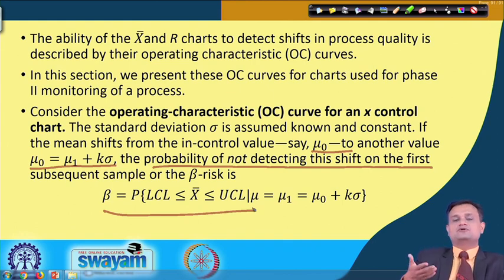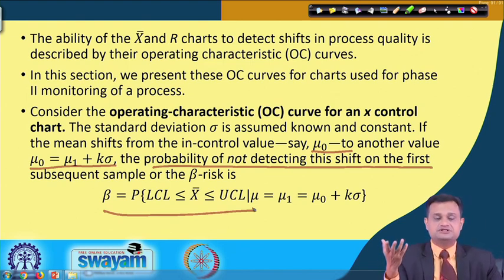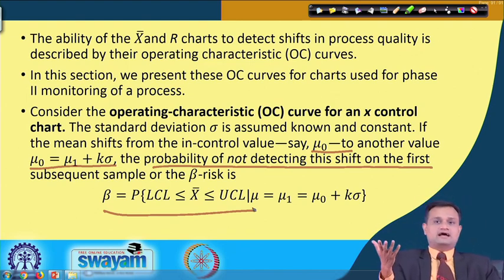If I convert this into the process, I will say the process which is really out of control, or the process which is showing the assignable cause, it means it is guilty. So the process where the mean has shifted or sigma has shifted, I say that the process is in control, it is innocent. So this is where you will find that I am committing the type 2 error.